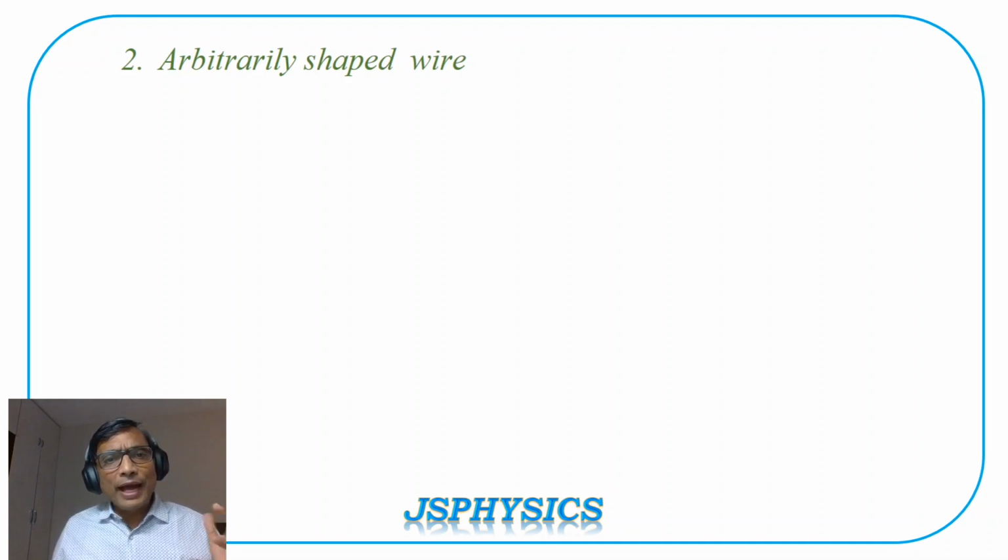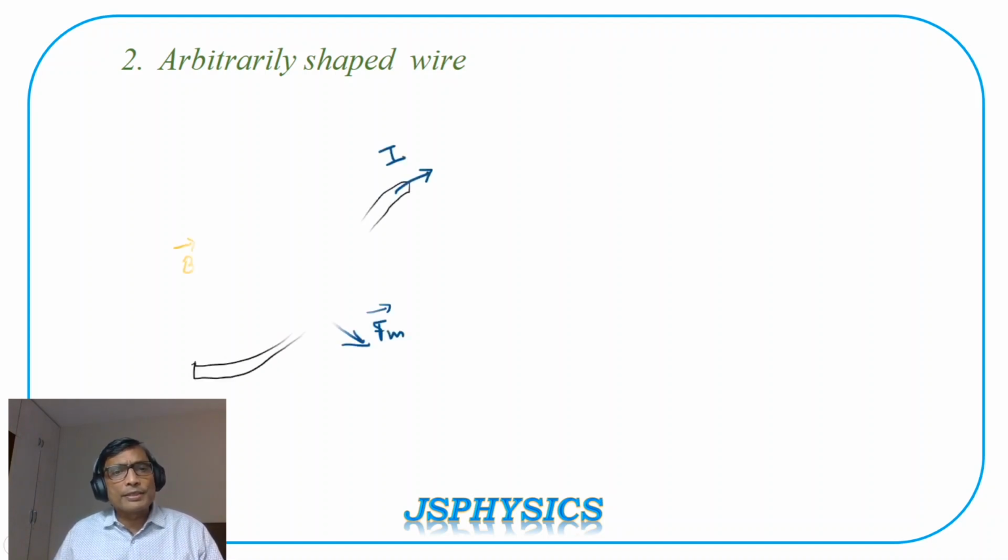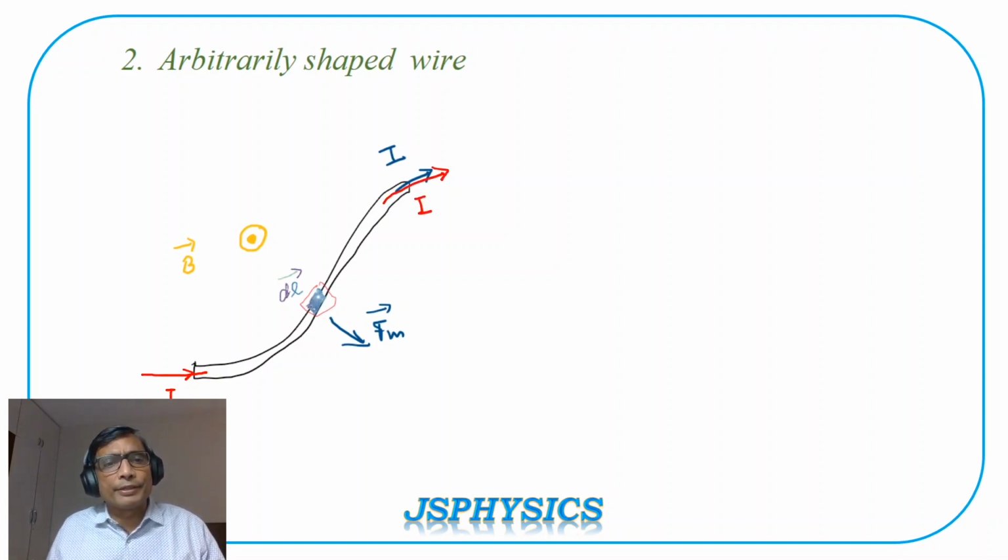Now, in that case, we have taken a conductor which is a straight conductor. Now, suppose the shape of the conductor is arbitrary. In that case, what will we do? Let us see. Suppose this is a conductor of length L and current carrying I. That means the current is entering the conductor from this point, with value I. It moves inside the conductor and finally it returns outside from this particular point. This is the value of current I.